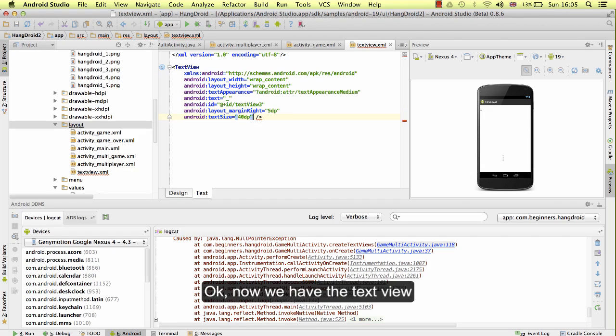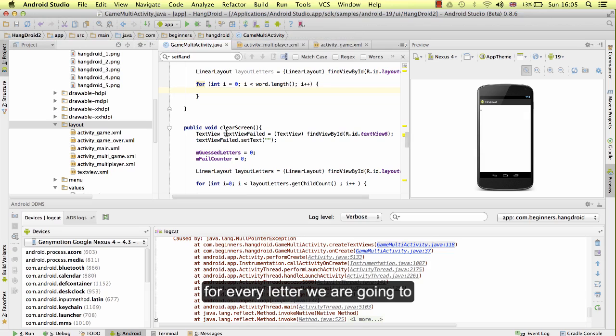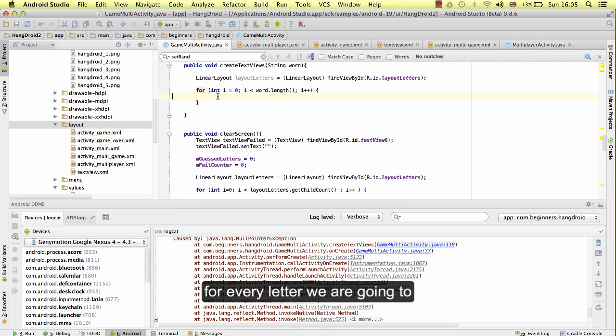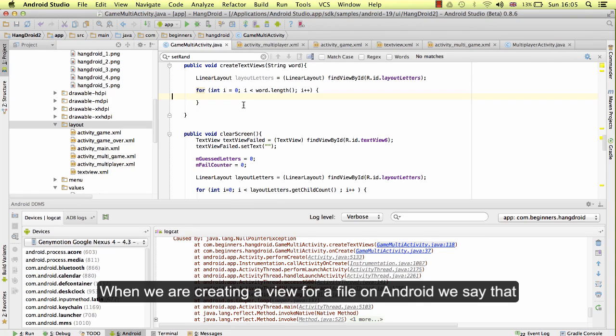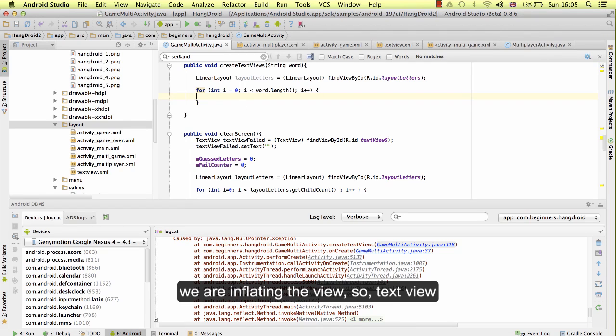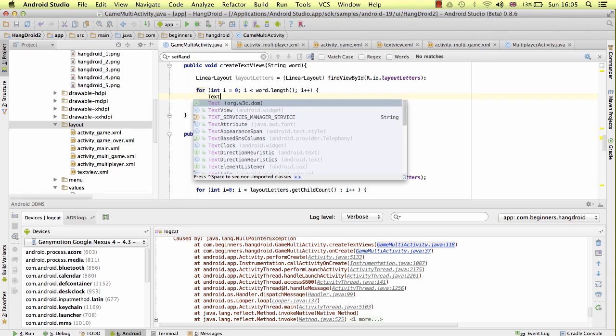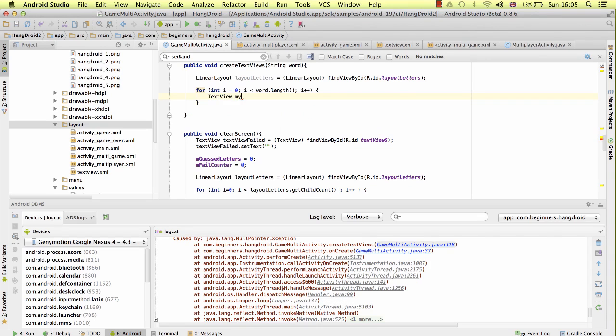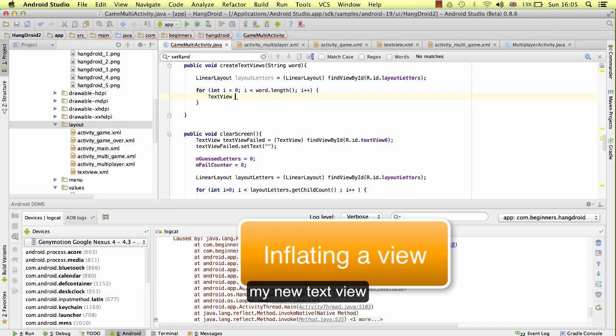Okay. Now we have the text view. So we have just a layout file with a text view inside it, and for every letter we are going to use this XML. How do we use this XML? When we are creating a view from a file on Android, we say that we are inflating this view. So text view my new text view